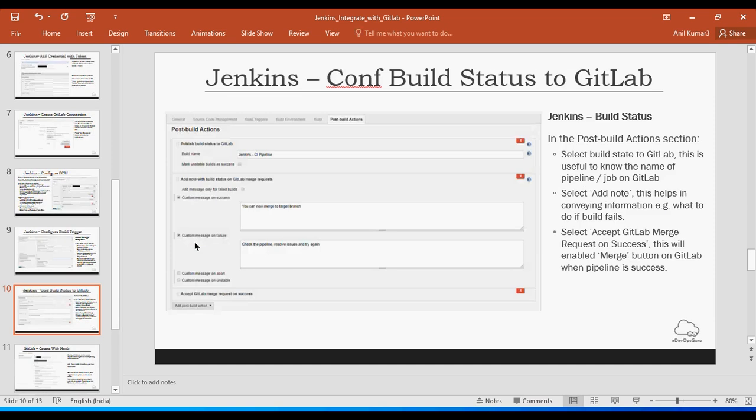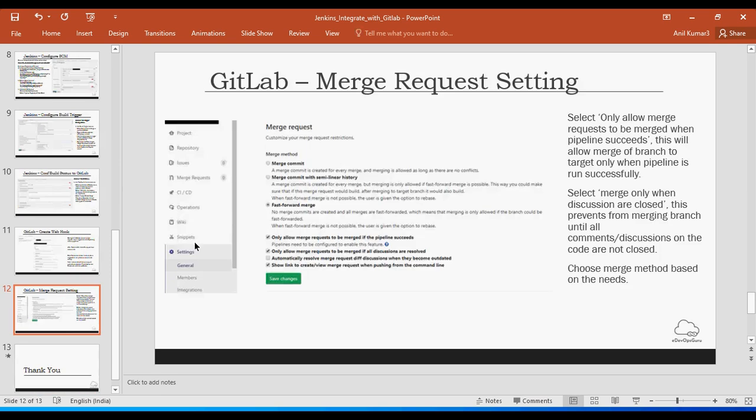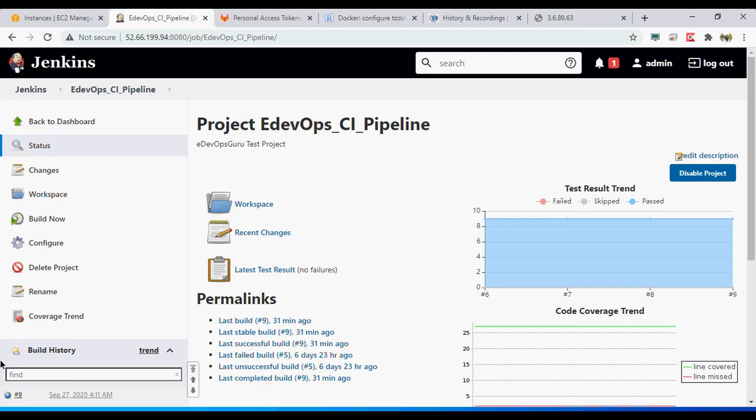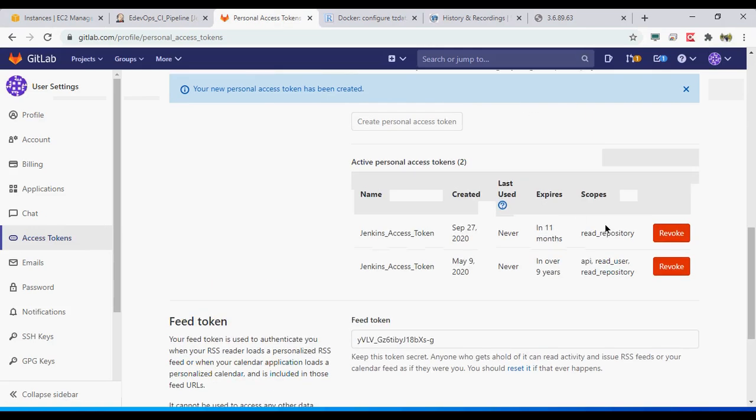Custom post messages we also configured. Webhooks we have also configured for merge request. Then this one we have also done: merge request should be allowed only when the pipeline is successful. So configuration-wise, we have done everything. Now the issue is we are not able to